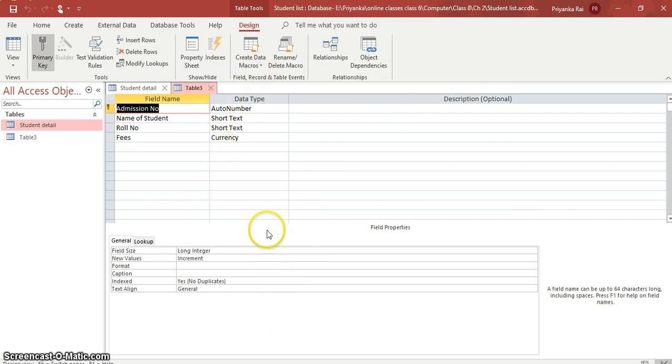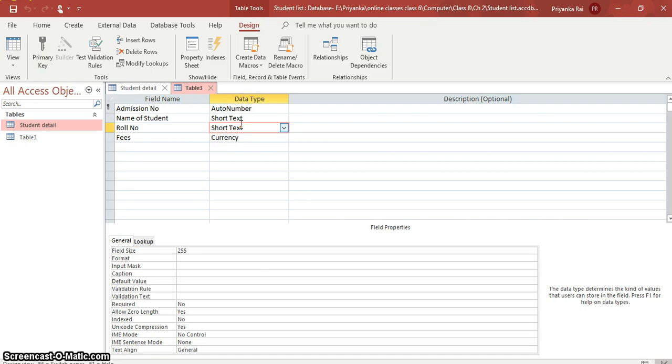So this is the upper pane, this is the lower pane, and for switching from upper pane to lower pane there is a shortcut key also, and it is F6. So I am pressing F6, we have moved to the lower pane. Like that, the F6 key is used for switching from one pane to the other.